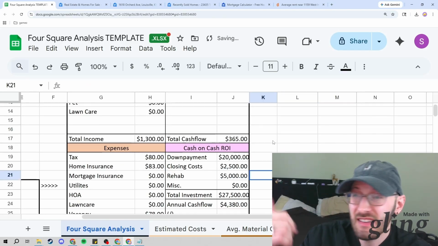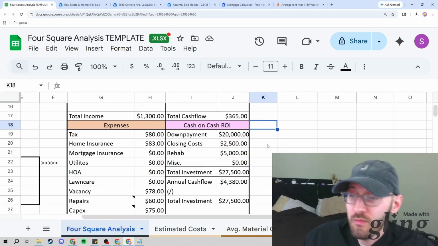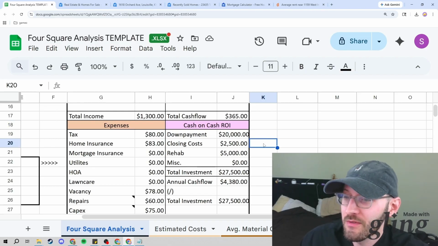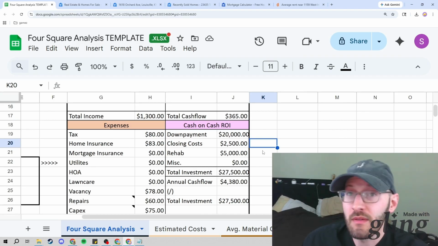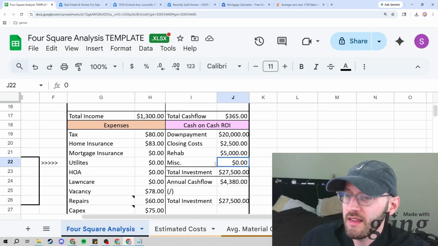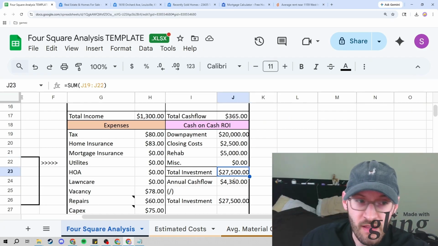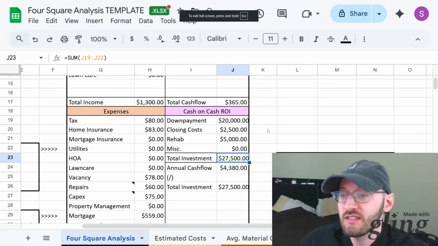It needs to fix this. It needs a brand new roof, needs new HVAC, needs new wires going through the house. It needs a bunch of stuff. And then you did all your things. You called people. 5K is the number that came back. All right. Miscellaneous, no. You didn't do any special deals. You did nothing like that. The total money that it's going to cost you at the closing table is going to be about $27,000 and